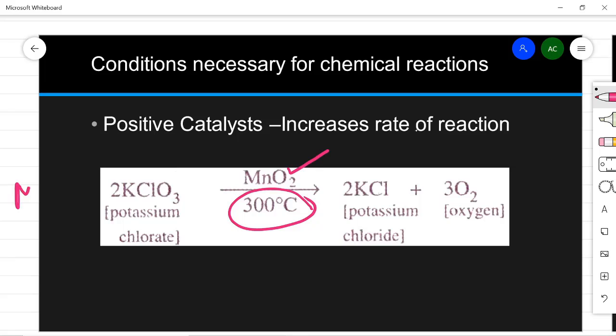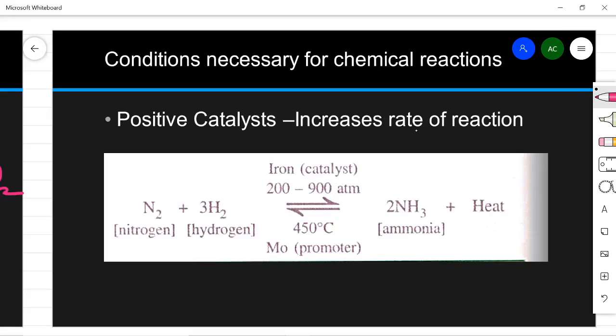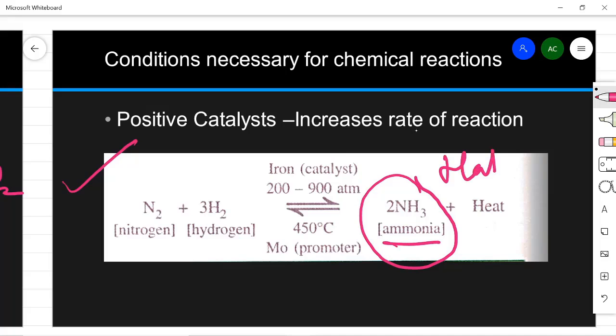तो इसको हम ऐसे भी लिख सकते हैं MnO2 plus this plus MnO2. ठीक है, तो ये भी तरीका है लिखने का. Now see this again, this example has come where I was telling you in the last slide that this reaction is very important and we'll study it under catalyst. Now this reaction where ammonia is produced, this is the laboratory preparation of ammonia and this is known as Haber's process. Very important, Haber's process.